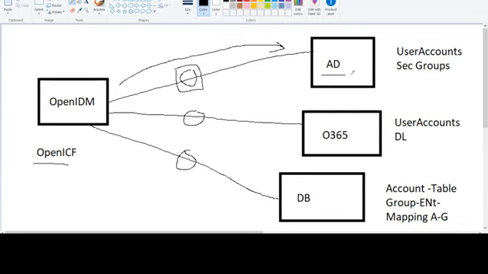This will take care of creation of the user, updation of the user, and deletion of the user in the Active Directory system. Similarly, we can perform the mapping for Office 365 as well, and for the database as well. And this can be triggered by one single event in OpenIDM. Suppose a user is created inside OpenIDM, it will be created automatically in Active Directory, in Office 365, and in the DB. It will be triggered with one single event, and it will be automatic.